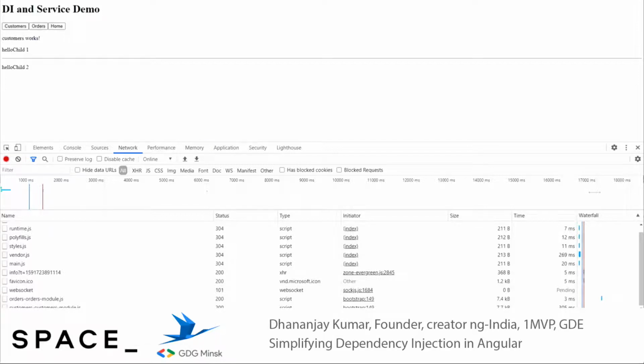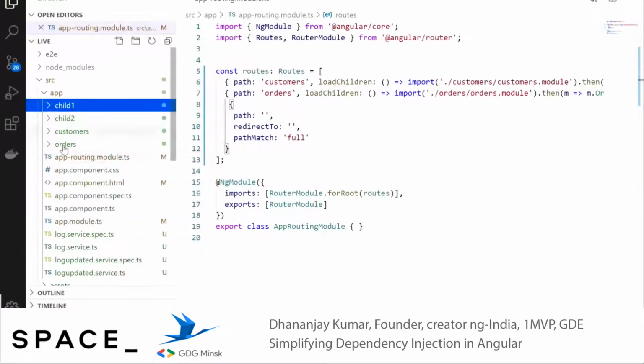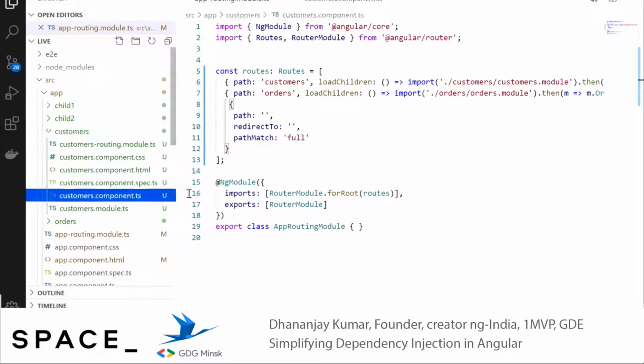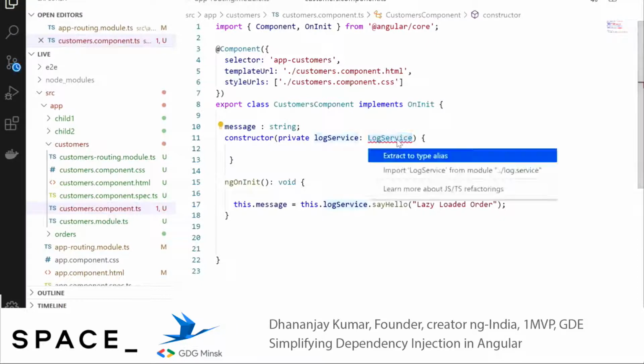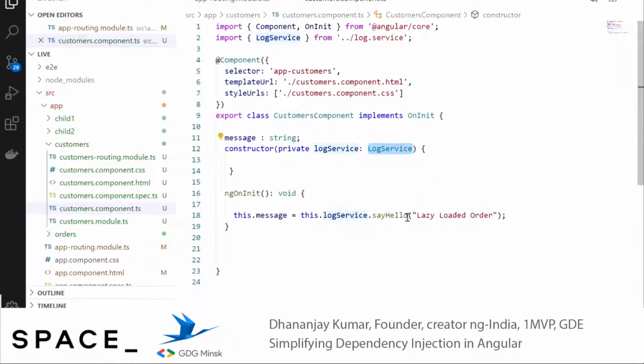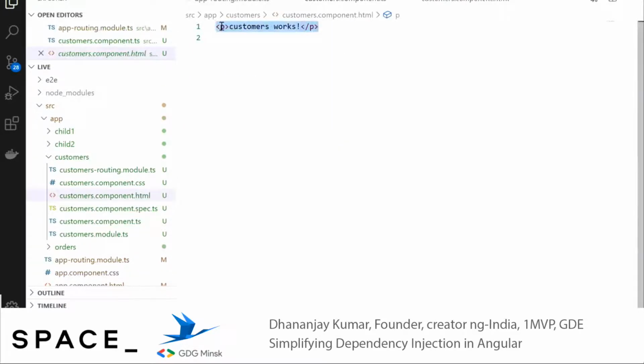All right, now we've got to use this log service in the lazy loaded modules, and for that, very quickly, let's go to customers, and then the customer component.ts. To use it, just do the way you use it in any other component: a message string, and we'll say lazy loaded customer, so we'll pass customer here. And in the customer component HTML we'll use the message.